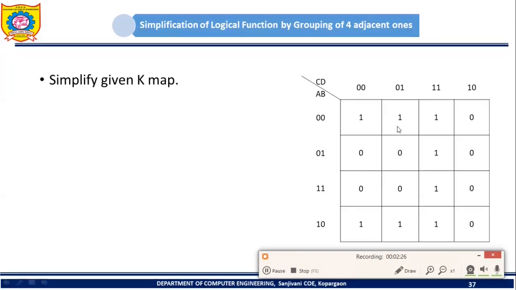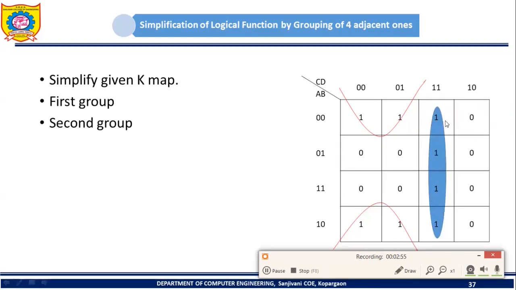So consider here we have these 2 and here we have these 2. Can we make a group of 4 here? Is it possible to combine these 2 with these 2 to form a quad, to form a group of 4? Yes, it is possible. So this will be my first group. So see, these 2 can be combined with these 2. Then after making this group, these 4 are remaining. So can we make a group of these 4? Yes, it is also possible. So this will be our second group.